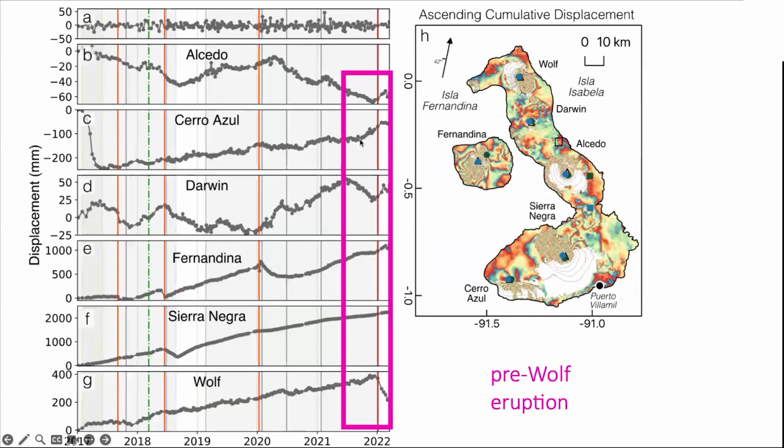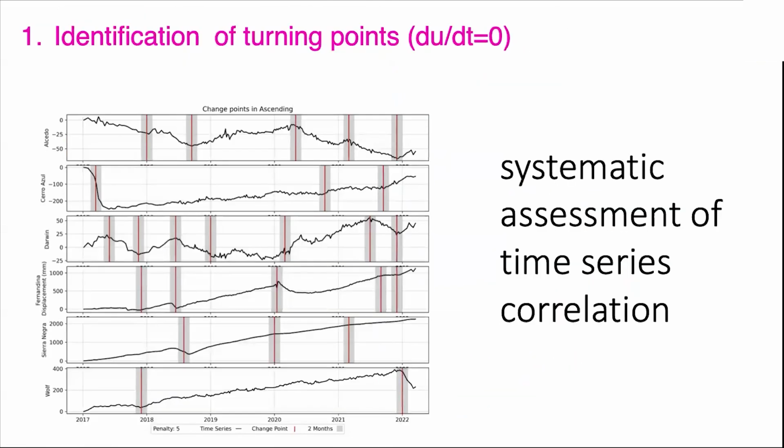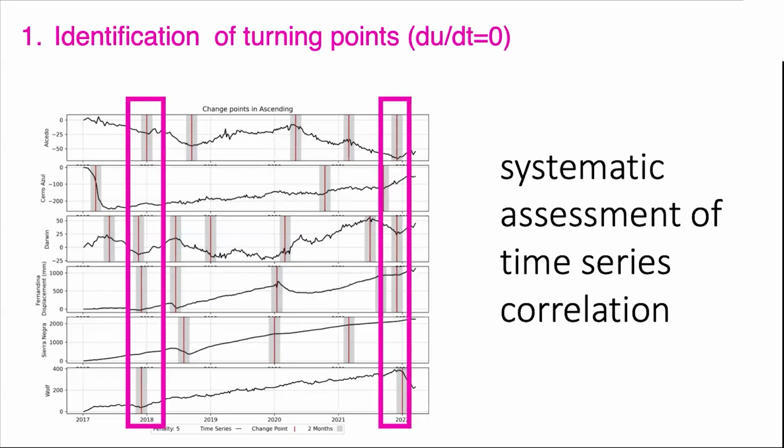So, this is something that people have pointed out before. I think it was initially suggested by Scott Baker during his PhD, but that was with much earlier data sets and it was looking at particular individual events. So we thought, well, we've got these time series, what we should do is really test if this is robust. Is it something that happens occasionally, or is it a kind of persistent feature of volcanism in the Galapagos? So we started off by looking at the timing of turning points,